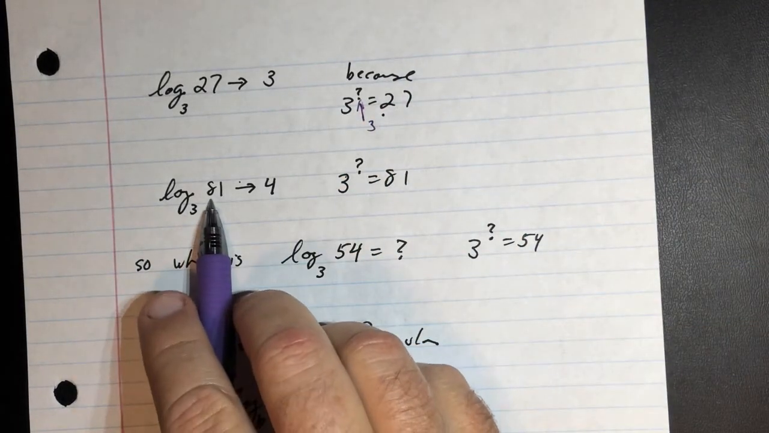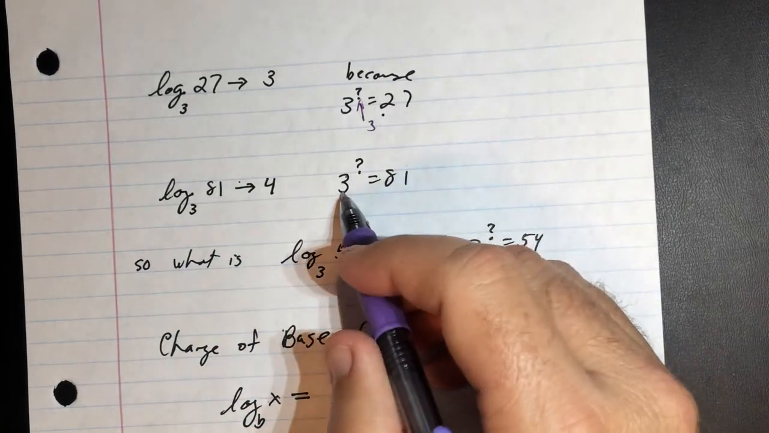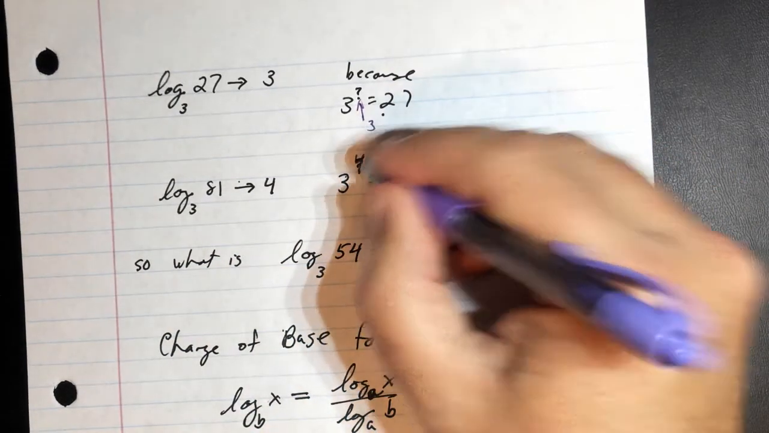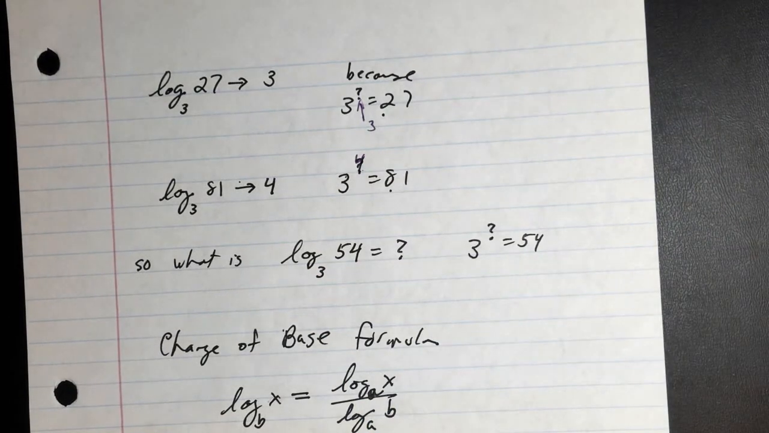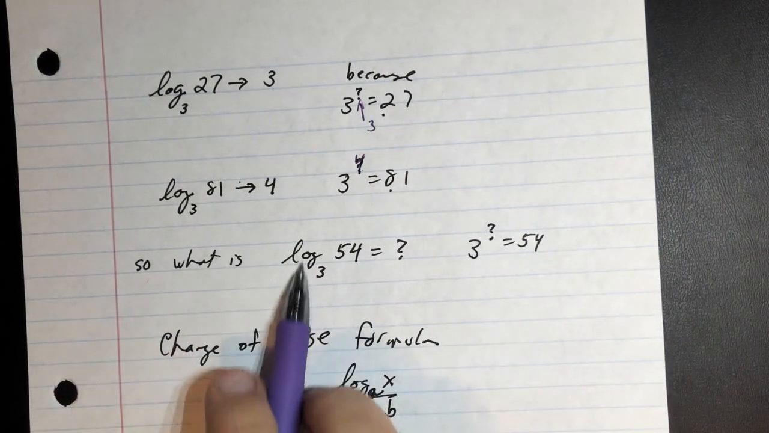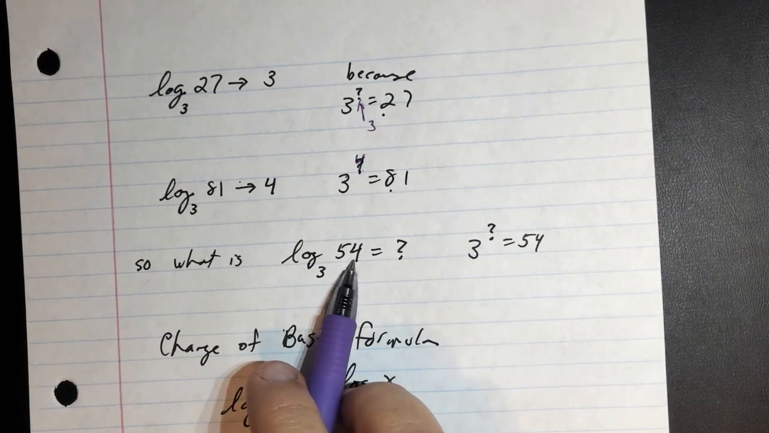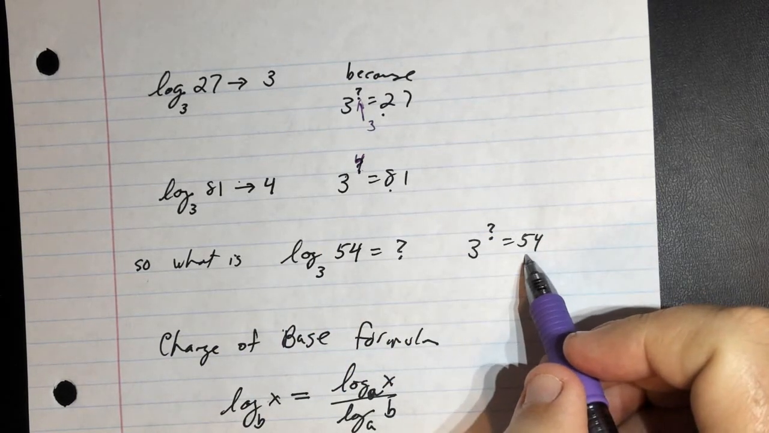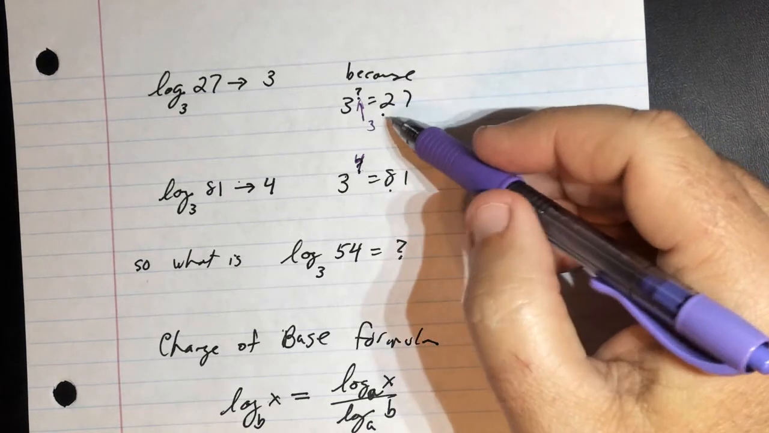Log base 3 of 81 is 4 because 3 to what power is 81? Well, that would have to be a 4. Okay, so what is log base 3 of 54? Well, 3 to what exponent is 54? Well, if this is 3 cubed